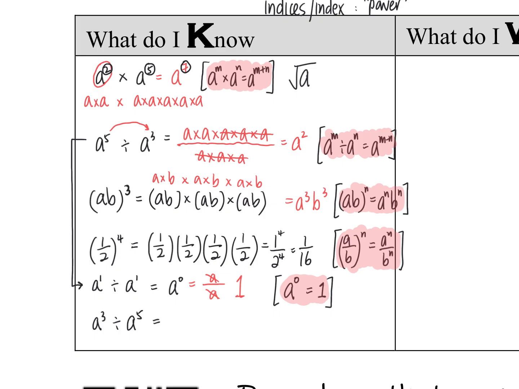So all these things actually, if you write everything out explicitly, you know. But they just want to summarize the general case for you. Okay, what about this one? If I also use this rule, what do I get? Negative? Okay, the power is negative 2. But if I were to do it this way,